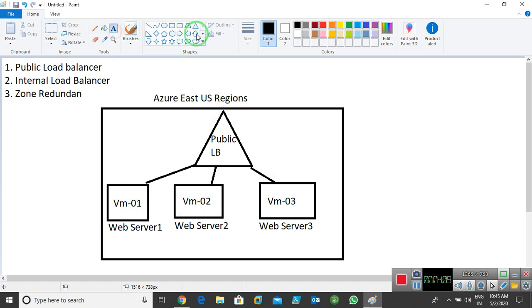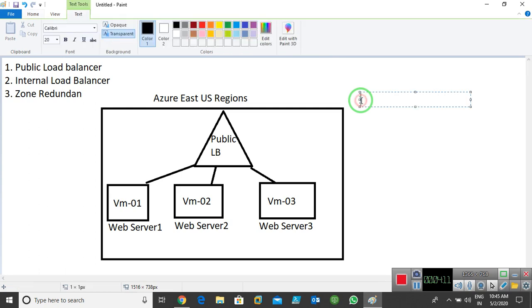Every region in Azure has multiple data centers. If my one data center is down, it automatically migrates my VMs to the second data center. If my second data center is down, it automatically migrates to the third data center.